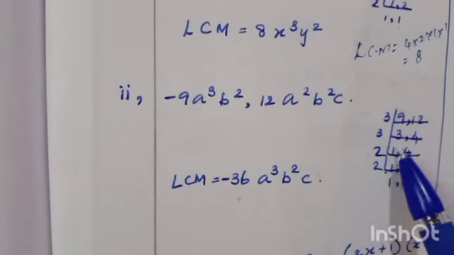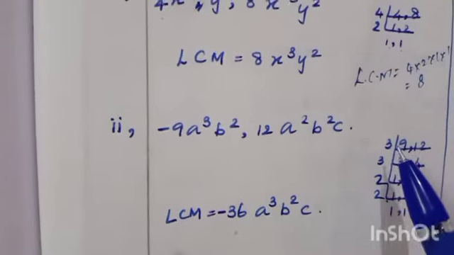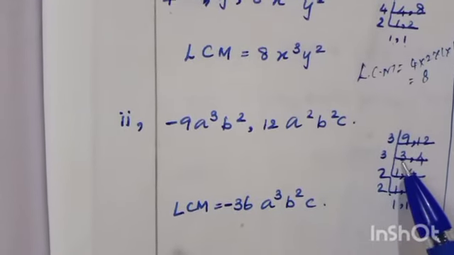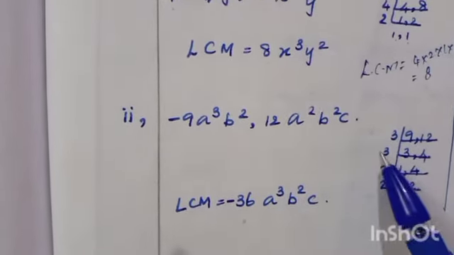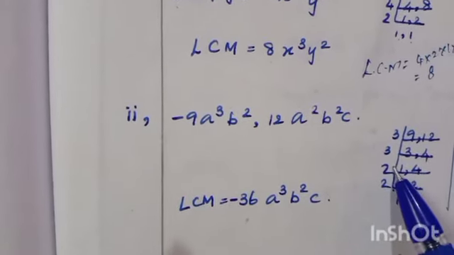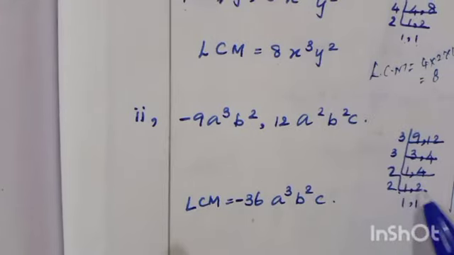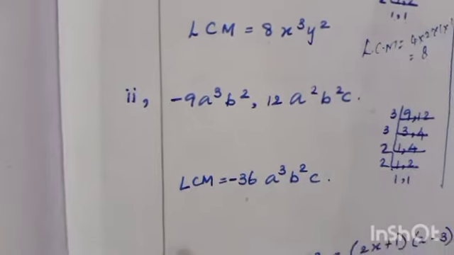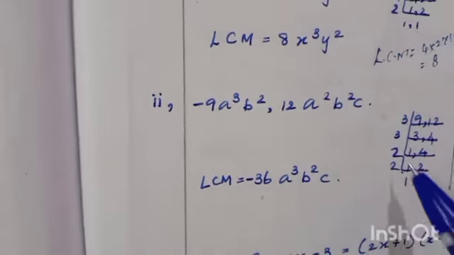So for 9 and 12 you have to find, first 3 is a common divisor. 3 3s are 9, 4 3s are 12. Then 3, 1 3 is 3. The 4 is just taken, right? Next, directly you have to take the fourth table, or 2 1 2, then again 2. For LCM, it means the product of common factor and independent factor.